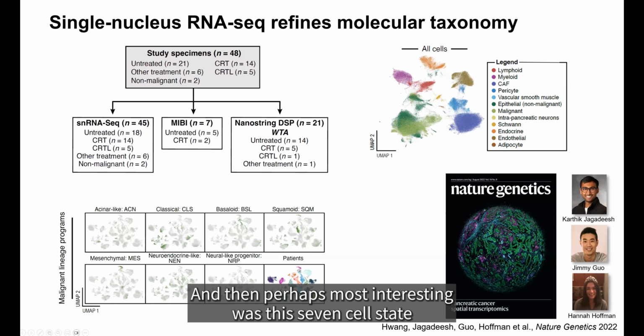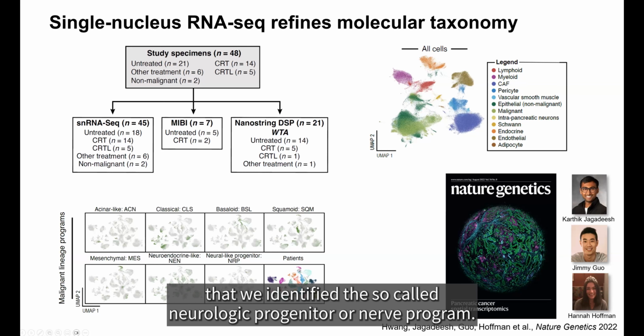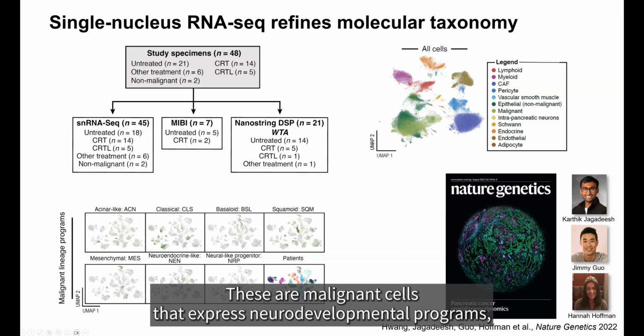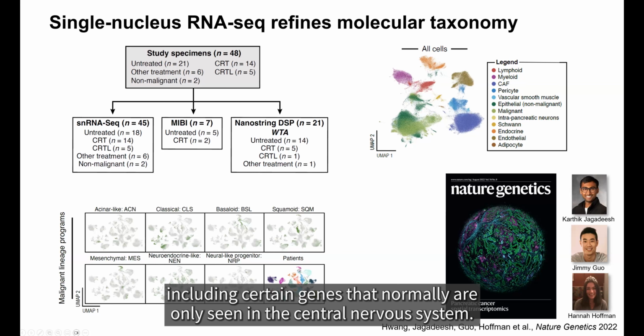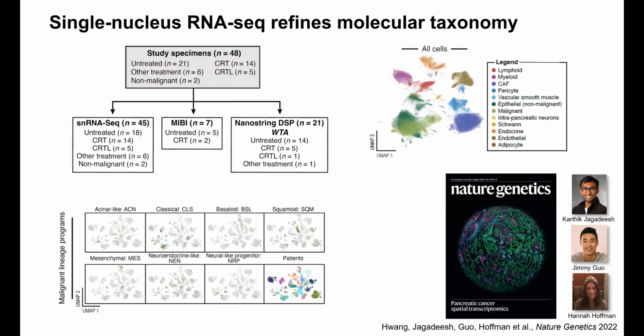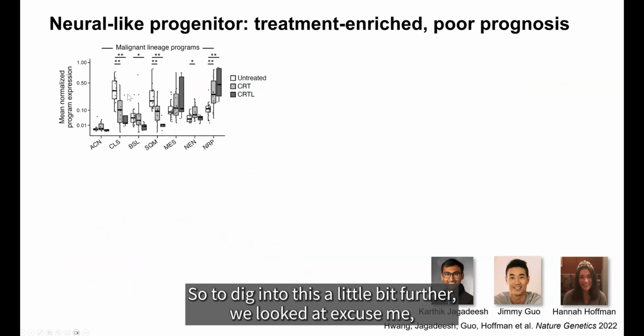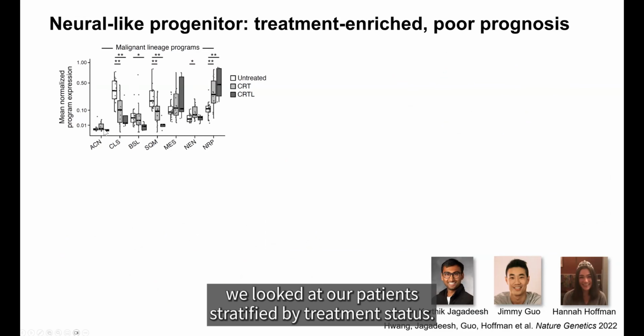And then perhaps most interesting was this 7th cell state that we identified, the so-called neuro-like progenitor or NERP program. These are malignant cells that express neurodevelopmental programs, including certain genes that normally are only seen in the central nervous system. So to dig into this a little bit further, we looked at our patients stratified